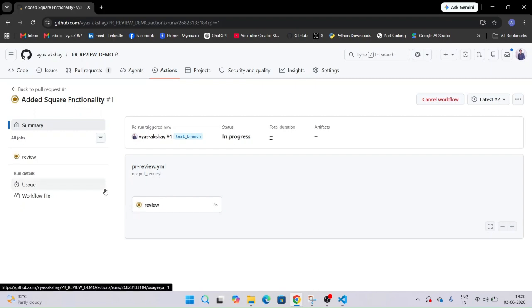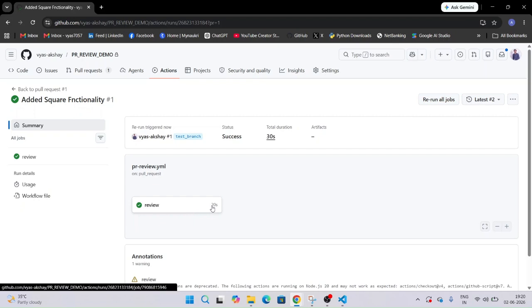Yeah, it is working right now. Here if you see, it has been completed after 20 seconds. Now if you go back to your pull request,